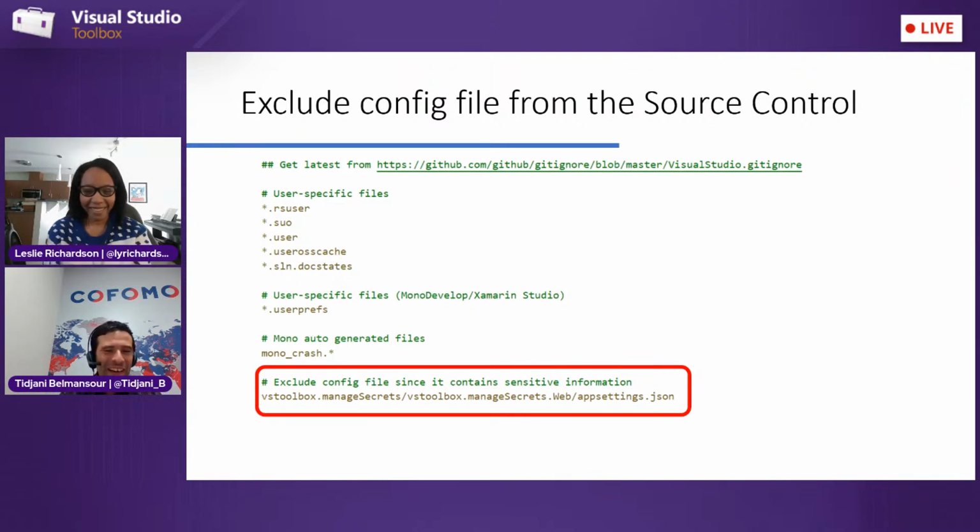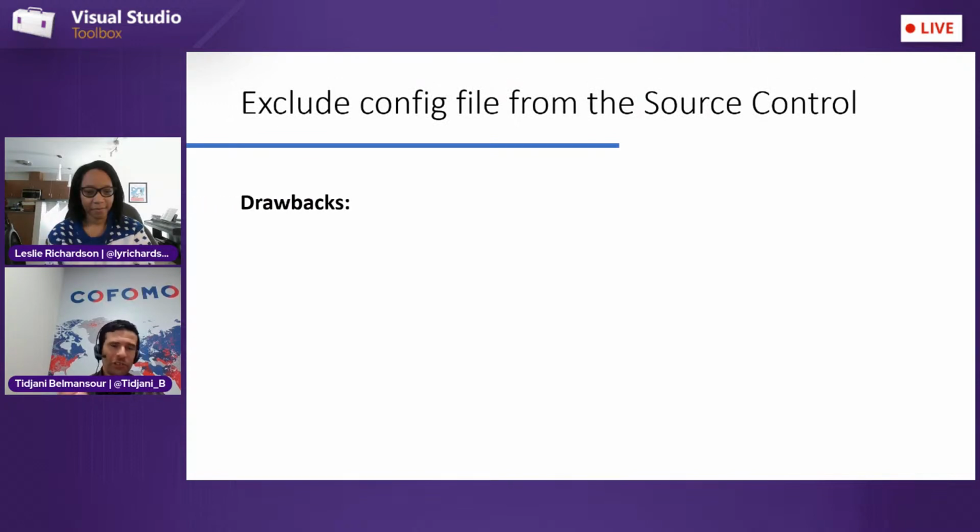Exactly. So how do we add the path to our configuration file? As you can see on the screen here, it's a relative path. It's relative to the location of the .gitignore file. And here we are excluding the appsettings.json file. So this solution may work, because we get rid of secrets from our code and the configuration files,